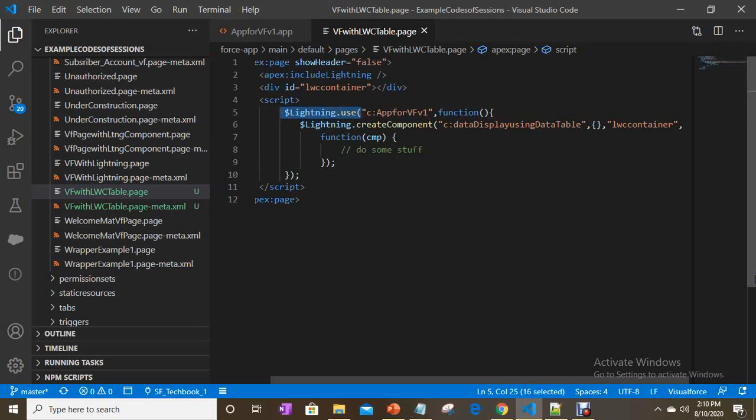There it takes app name and callback function as two parameters, and in the callback function you are going to use the lightning create component function again. There you have to pass your Lightning Web Component name and parameters if you have them, otherwise you can pass only an empty instance. And the DOM element ID, in our case LWC container, is the ID of the div where we are going to include this Lightning Web Component when it is added. And a callback function which takes the component as a parameter when it is loaded successfully. That's it. We don't need to do anything here.